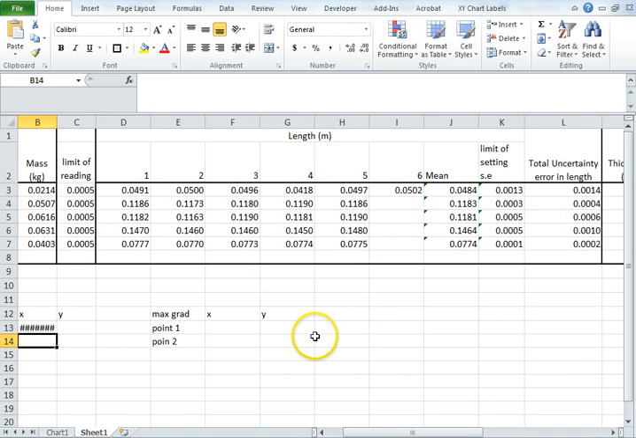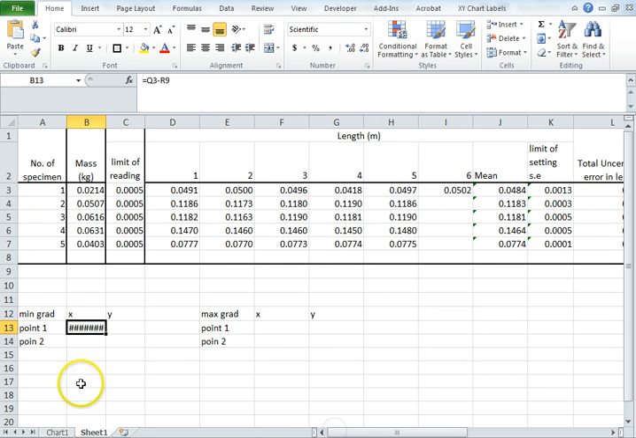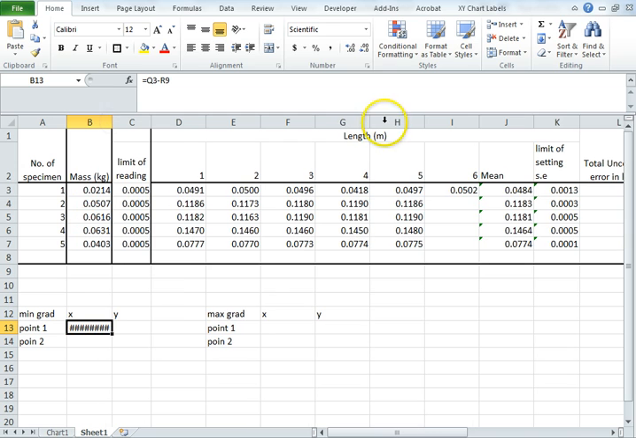Okay. Now let's just adjust that, and we get there we go. There's our value. Okay. The y coordinate